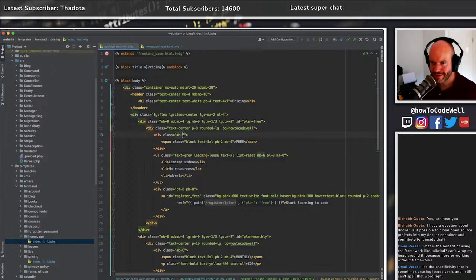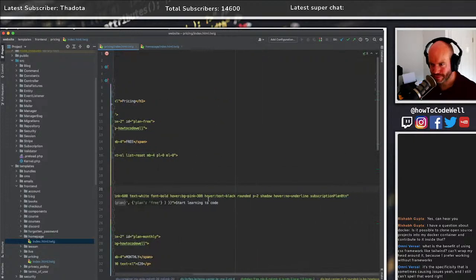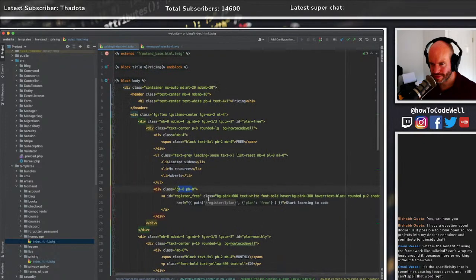This is a padding of 4. Margin of 4, margin bottom. That is a margin bottom of 4. That is a margin top of... Oh, I see what I'm doing here. That should be 4. That should be 4.